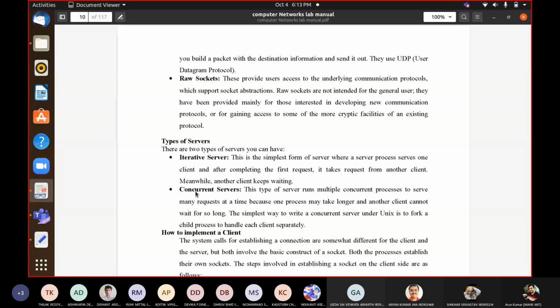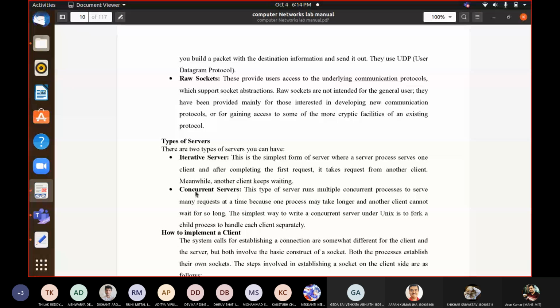Another way is that instead of creating a child, you can use threads. These are the two ways through which we can create concurrent servers. Today we will just go by iterative servers. In our next class, we will see the concurrent server design and how we can do that.